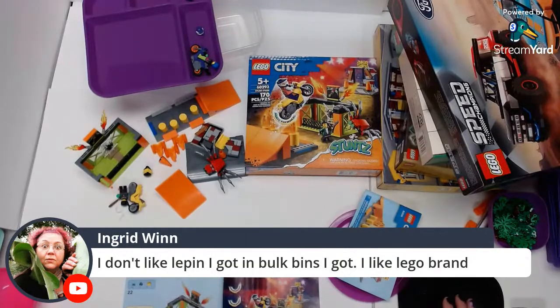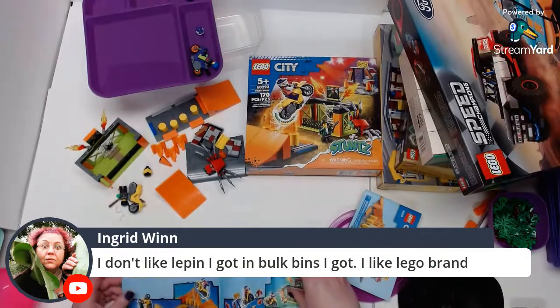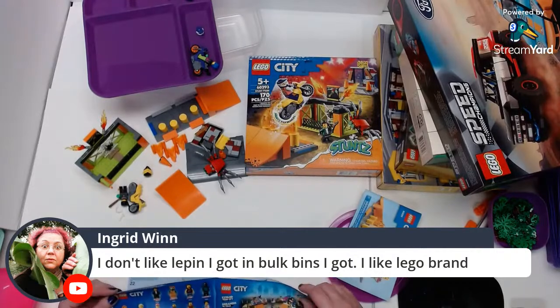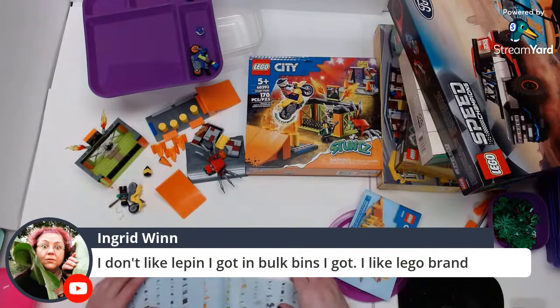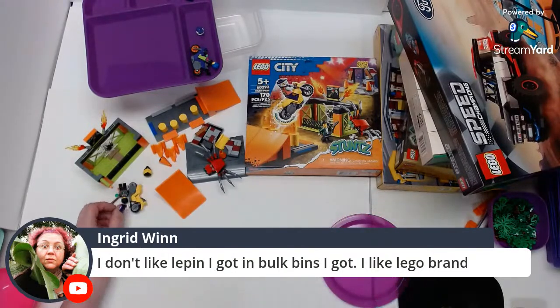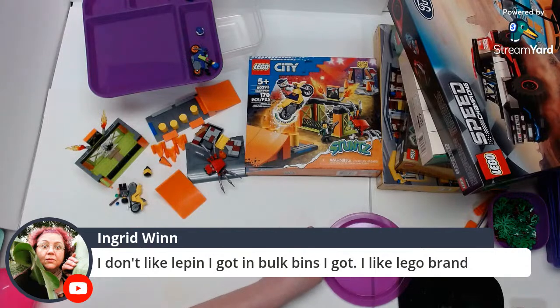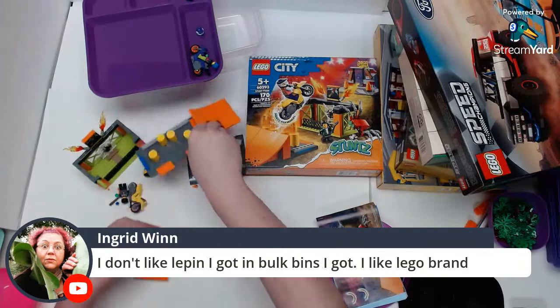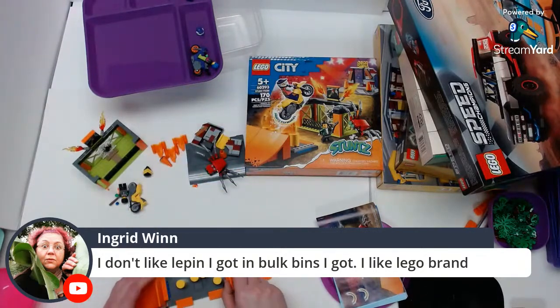Yeah, I don't like getting... that's one thing when I get bulks of stuff, is that I don't like getting not Lego. The other thing that bothers me, if you're buying stuff on eBay and it says all genuine Lego, and then you buy it and there's Mega Bloks and all this stuff in it, it's just kind of like, what? I don't usually ask for a refund because usually it's still okay, but